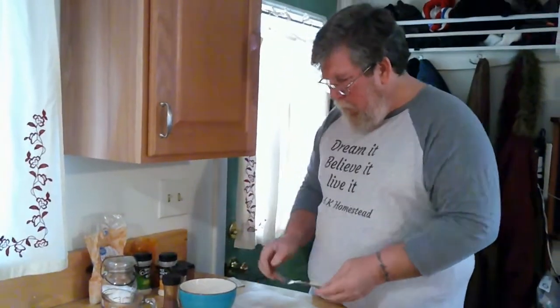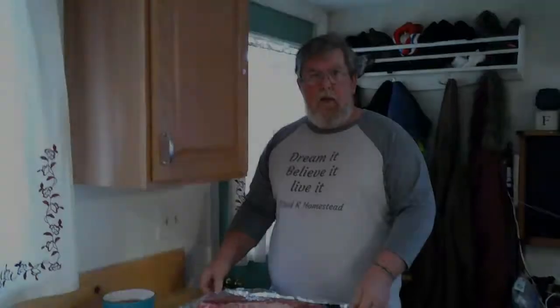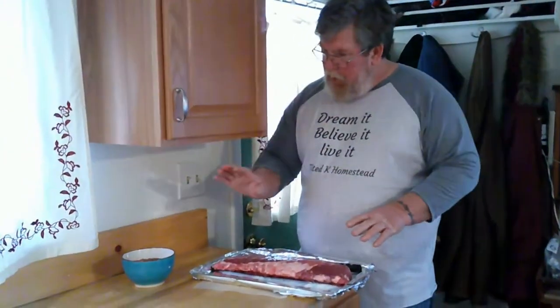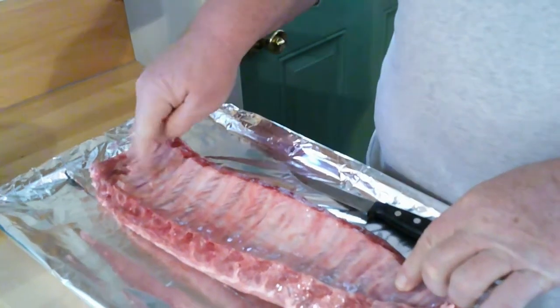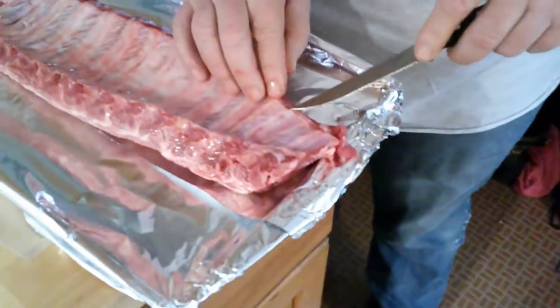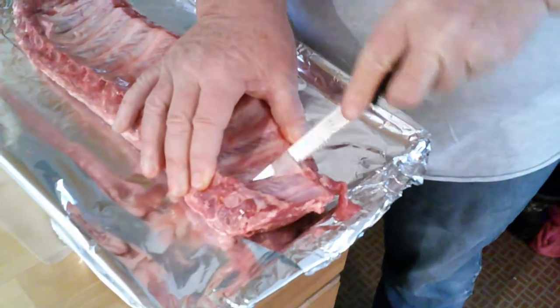So now we have to get our ribs ready. Let me go get our ribs, and I'll show you what we do to the ribs before we put the rub on it. Okay, so we've got our rack of ribs here, but before we put our rub on it, we need to do a little work to it. If you flip your ribs over, you will see on here this silver skin, and you want to take that off. All I do is I just slip a knife up underneath and lift it up